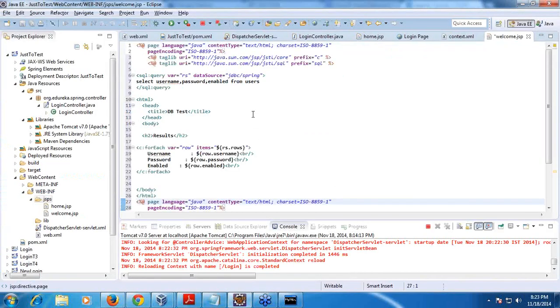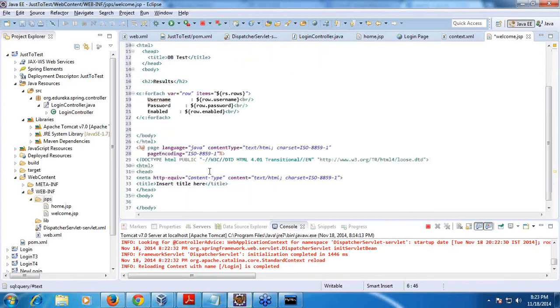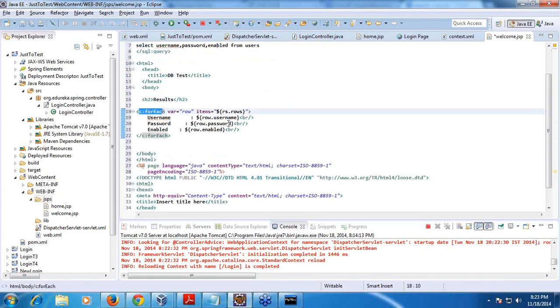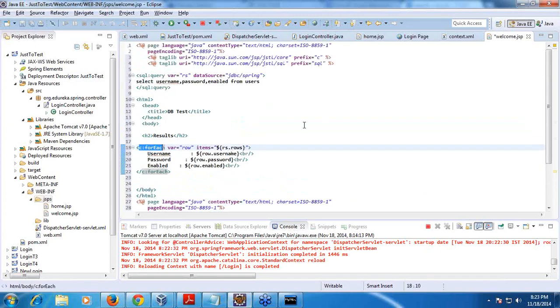Now all of you observe here, tag lib libraries, I have taken C and SQL from this JSTL, which I have included now, right? Java Server Pages tag library, JSTL. So core, basically you can embed loops, all these things inside your JSP page, and SQL again, so you can write queries, right? So now I am just referring to this data source, which I have defined inside this web XML itself.